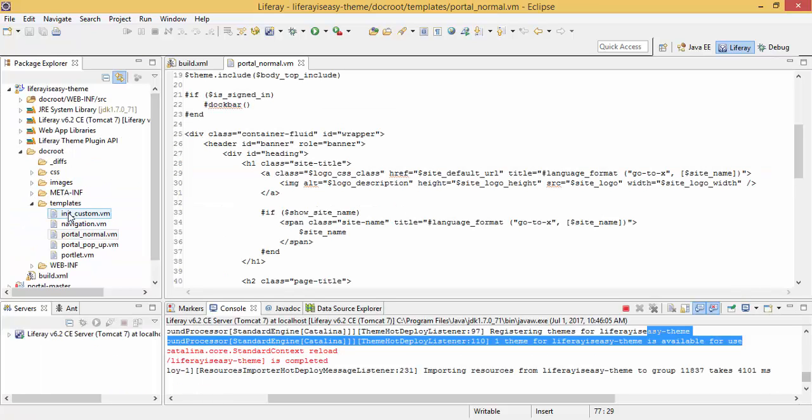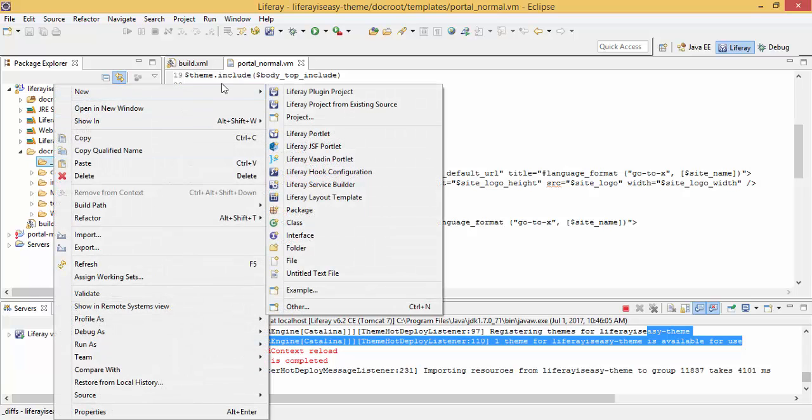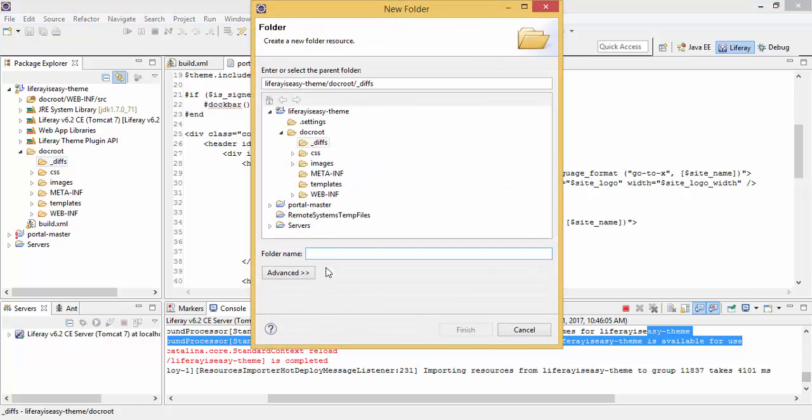Let's change something in these files or some others. We need to create the same structure inside this diff folder. So I'm creating a new folder, CSS.